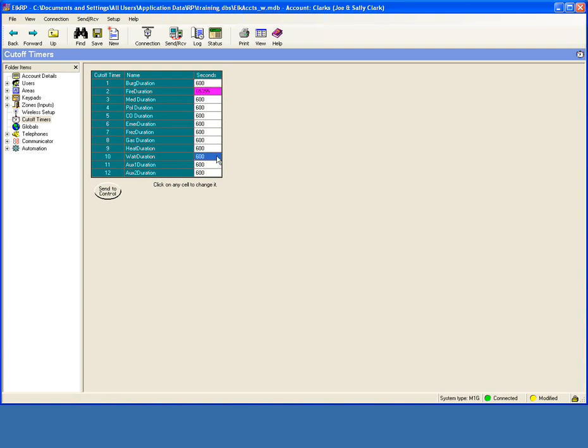There are some cases where, like maybe with a water alarm, you don't want the siren to go off. So you're going to want to set that to 1 second. Don't set it to 0 because that will make things not work correctly. If you have rules written, they won't fire, they just give you problems. If you set it to 1 second, you will never hear the siren, and that will still allow the system